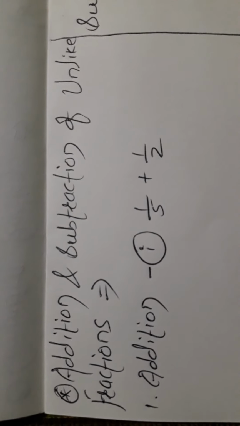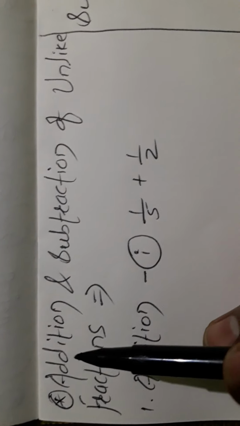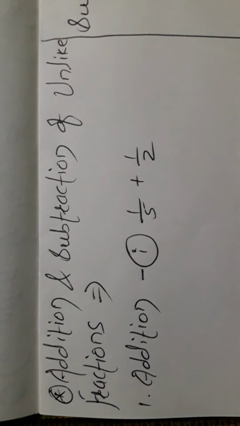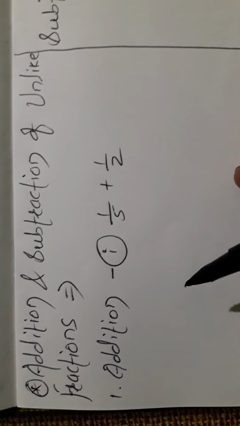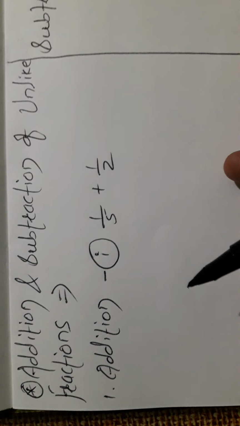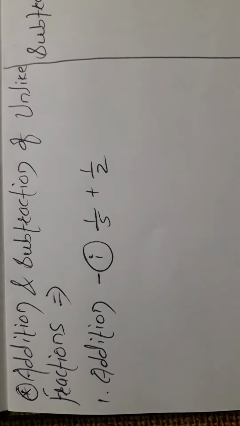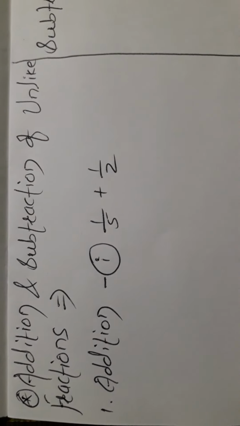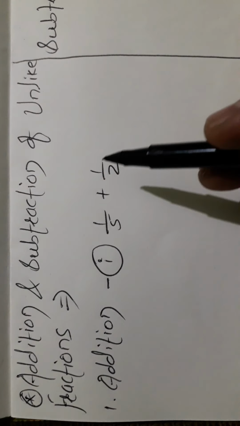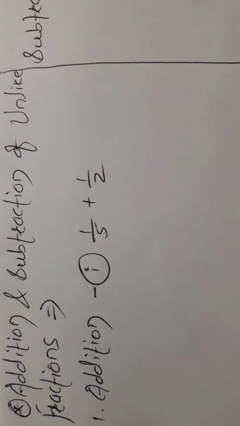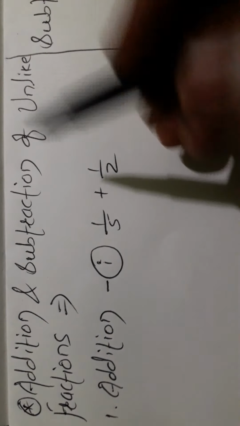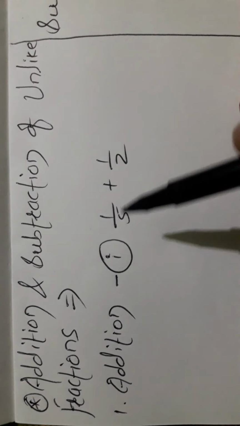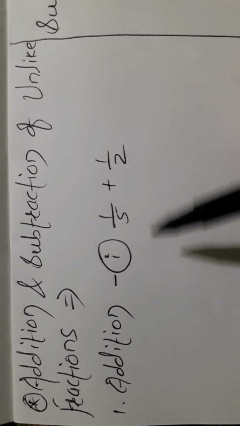That is a very important point. Look here: addition and subtraction of unlike fractions. Addition and subtraction of unlike fractions means what? Unlike fractions are those not having the same denominator, and like fractions are those having the same denominator, which we have discussed before. Now see here, with the help of these examples that I have written, I will explain how to do addition and subtraction of unlike fractions, meaning fractions having different denominators.